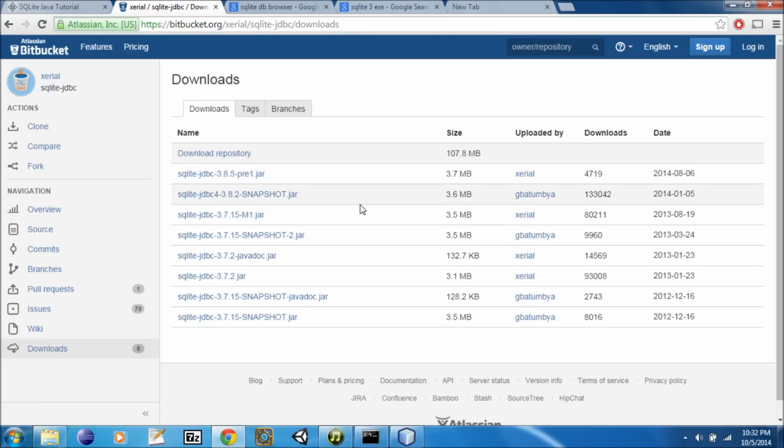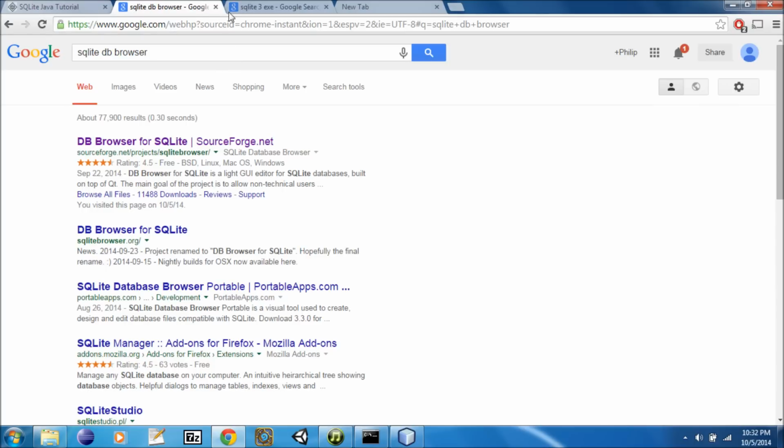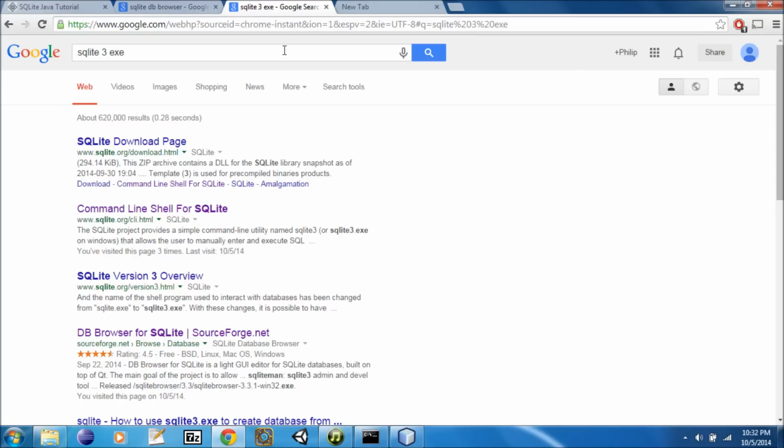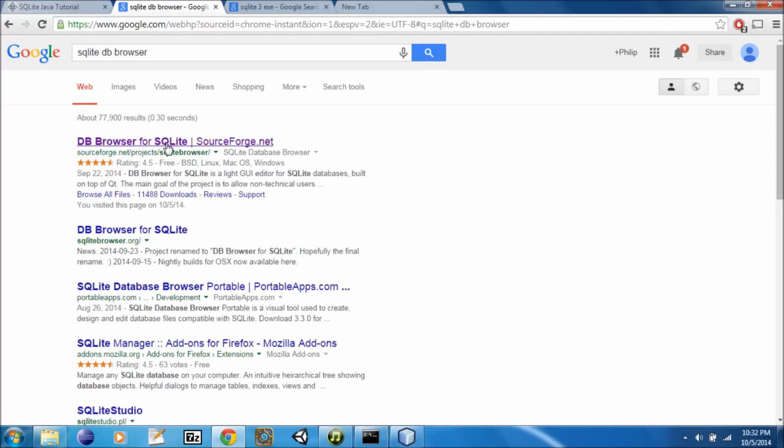Probably by the time this video is out there might be a new one, but it shouldn't change the functionality really, at least not in a big way. And then for Windows, you'll need to install SQLite 3 exe. For other systems probably it'll be called something else, but SQLite 3 is what you need to install. I actually installed this graphical program called DB Browser for SQLite, and it installed SQLite 3 in the command line utility, which is what we're going to be using in all the right places. So once you have that, both the jar and SQLite 3, the little command line utility,